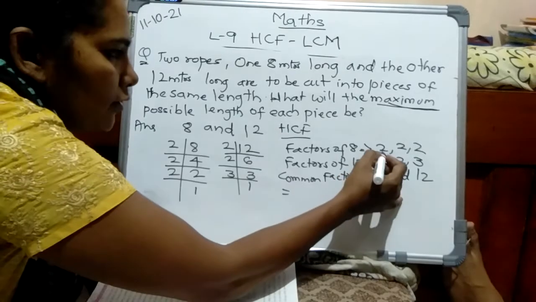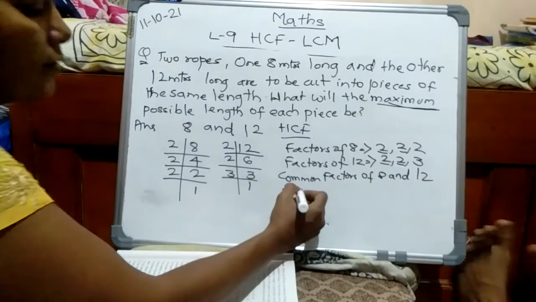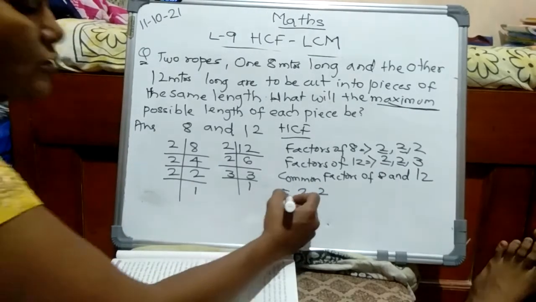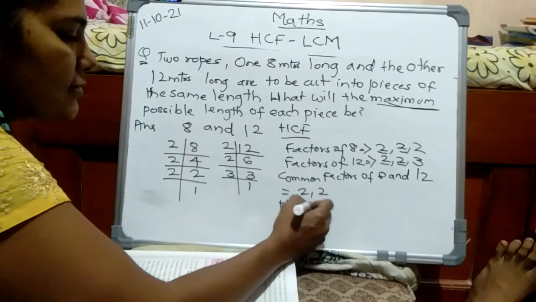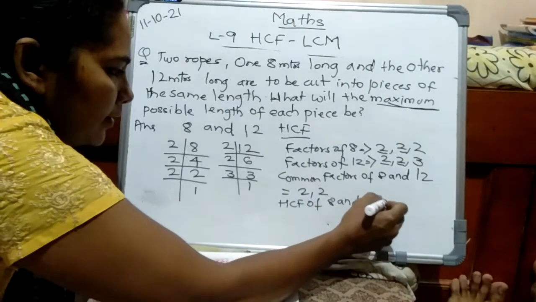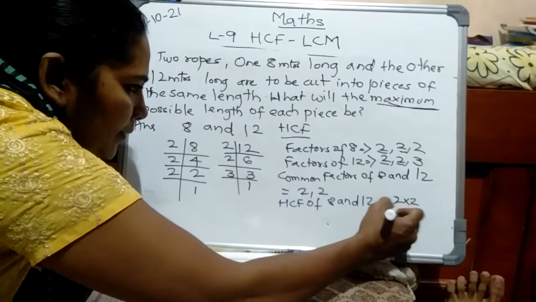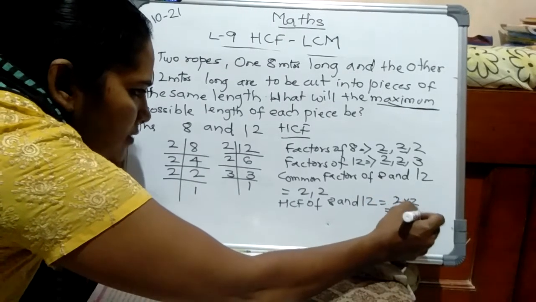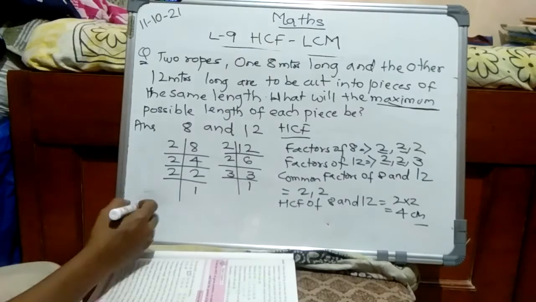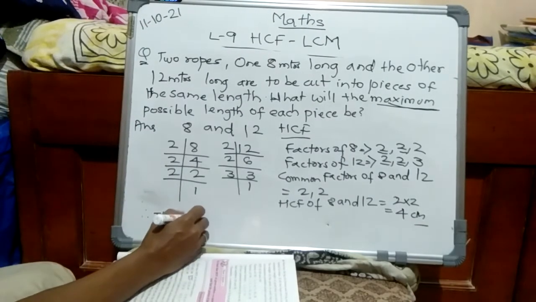They are 2, 2. So 2 and 2 are the common factors. So what will be the HCF? HCF of 8 and 12 equals 2 into 2. The common factors we will multiply, we will get 4. That is 4 centimeter. Therefore the maximum